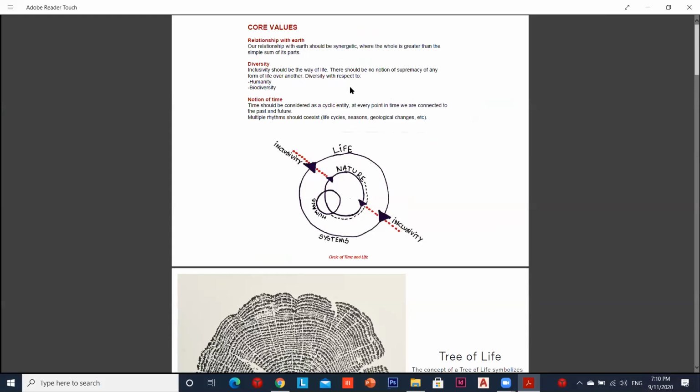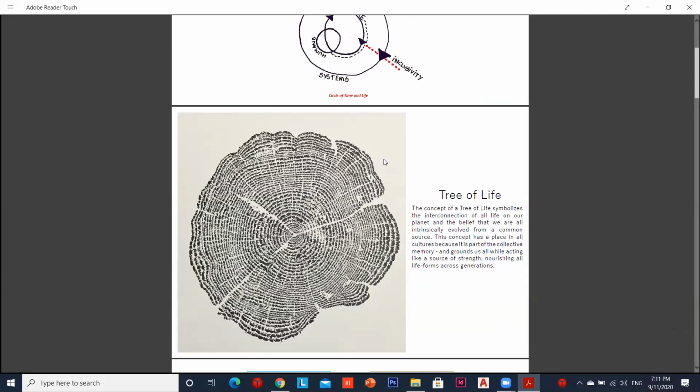So these are the core values that we have received, and we're talking about inclusivity. We're talking about life, and I mean all various life forms existing together, humans and nature together, in all the life systems. So we came up with the whole idea of the tree of life. The tree of life means that everybody is on an equal platform, and all life forms have an honest dialogue with each other. That's the basic concept that we have.